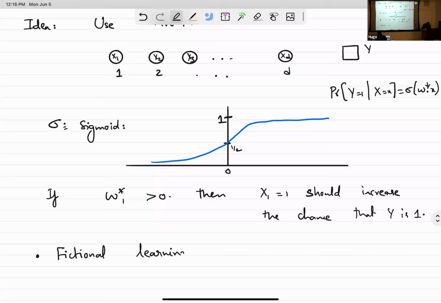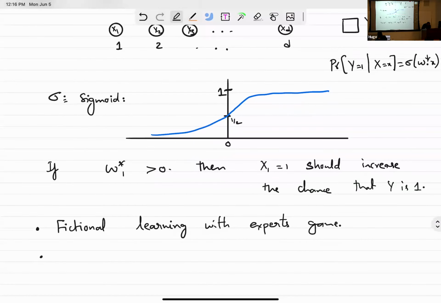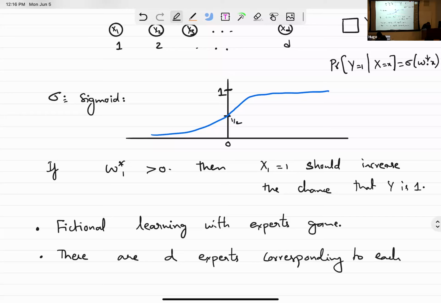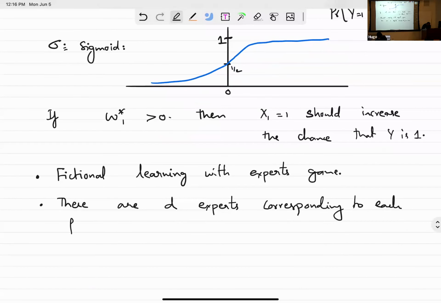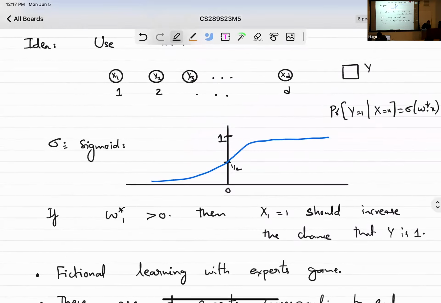learning with experts game, where we'll think there are D experts corresponding to each feature. Okay. And